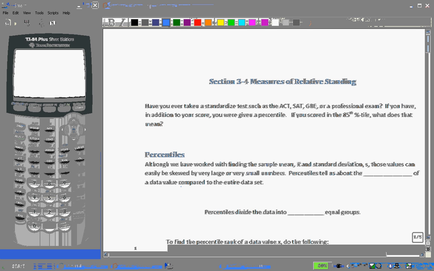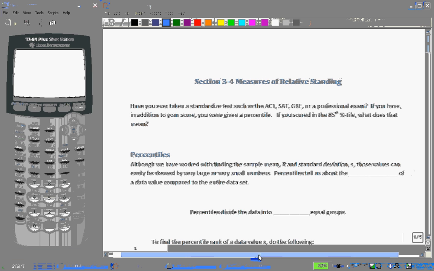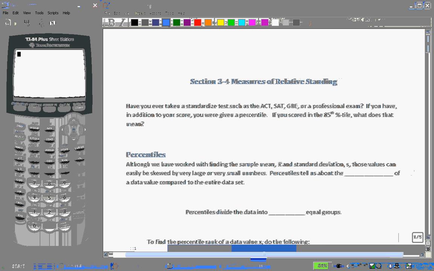although we've worked with finding the sample mean and sample standard deviation S, those values can easily be skewed by very large or very small numbers. We saw that with our small company data. Another way to look at data is using percentiles. Percentiles tell us about the position